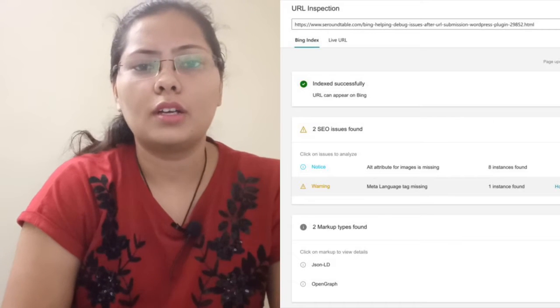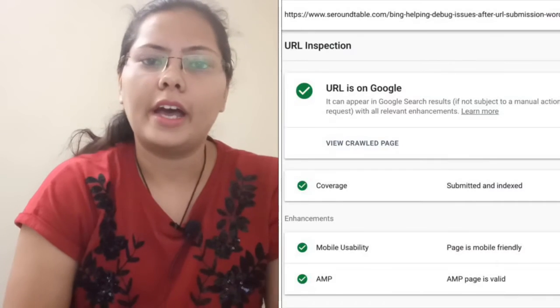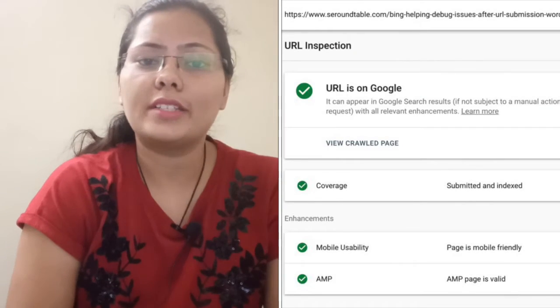First, we will see what the similarities are between the Bing URL inspection tool and the Google URL inspection tool. Both tools will help SEOs, developers, and site owners to find out potential indexing issues with the URL for their respective search engines. So let's see an overview of both the screens. Both tools allow you to index the URL. Both tools allow you to run a live test of that URL, and also it will show you the immediate changes that we made on that URL.